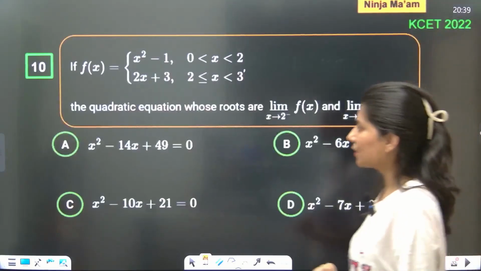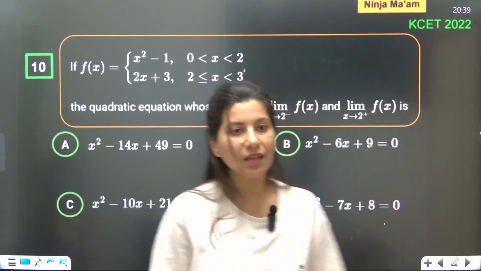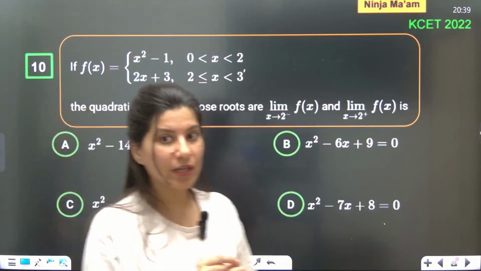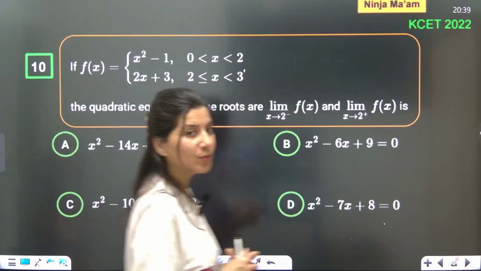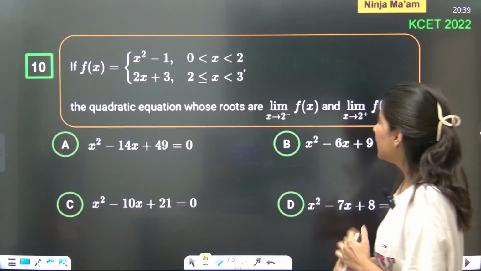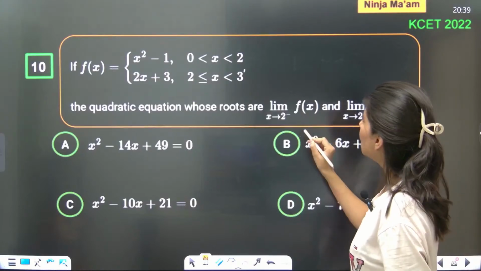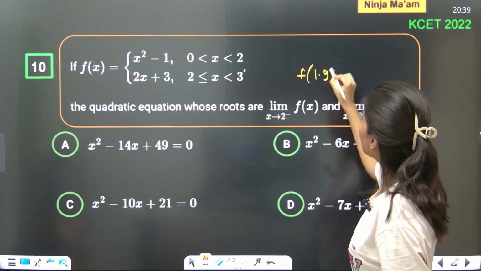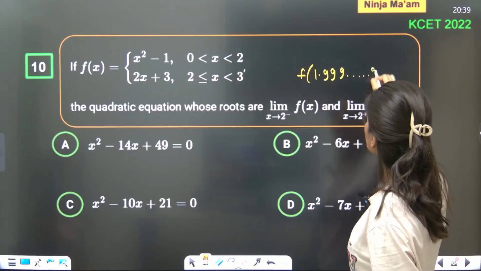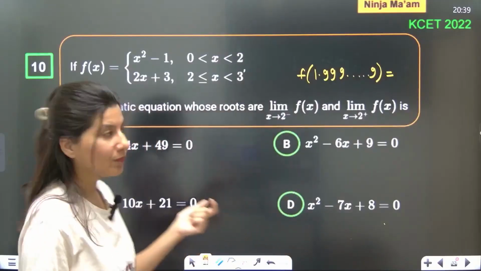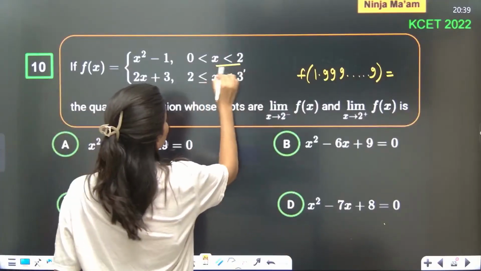Then the next question, which is again based on composite function involving limits. Okay, so now watch how this question has to be done. This is a slightly tricky question. This is not the easy question. Limit f of x, x tends to 2 minus. That means you are looking for f of 1.99999 will be equal to what? So that means x should be less than 2. X less than 2, that means this branch.